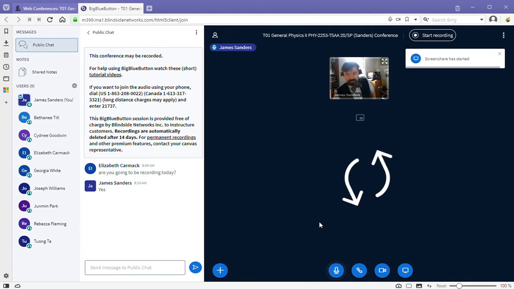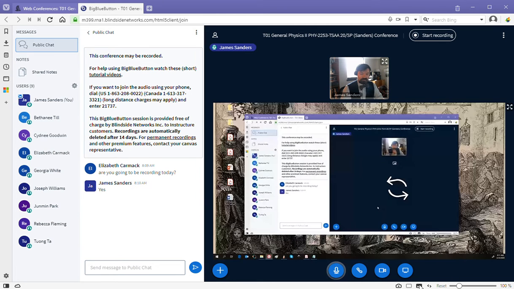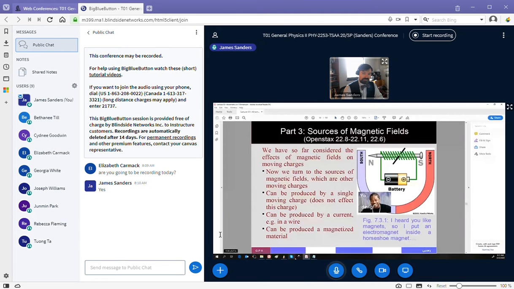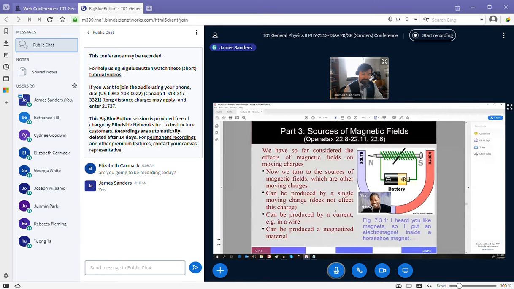What we're doing today is that we're going to look at Ampere's Law, which describes how charges can produce an electric field, how moving charges specifically can produce a magnetic field, and so basically the idea,